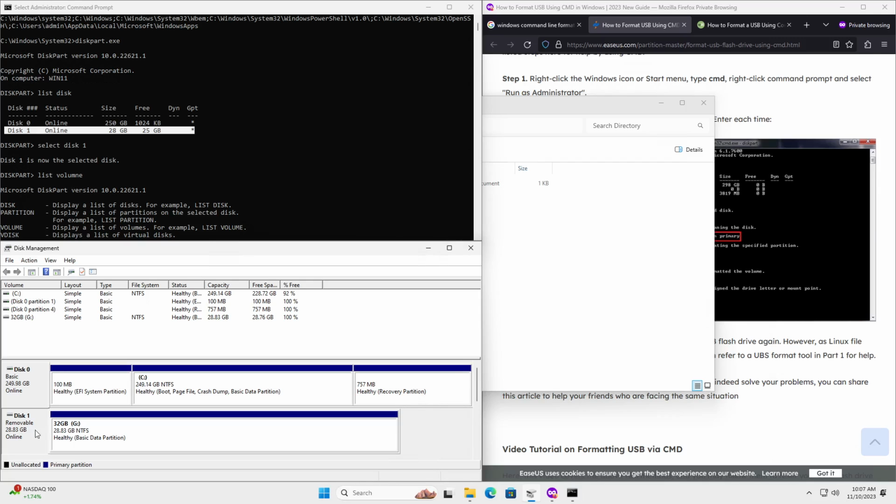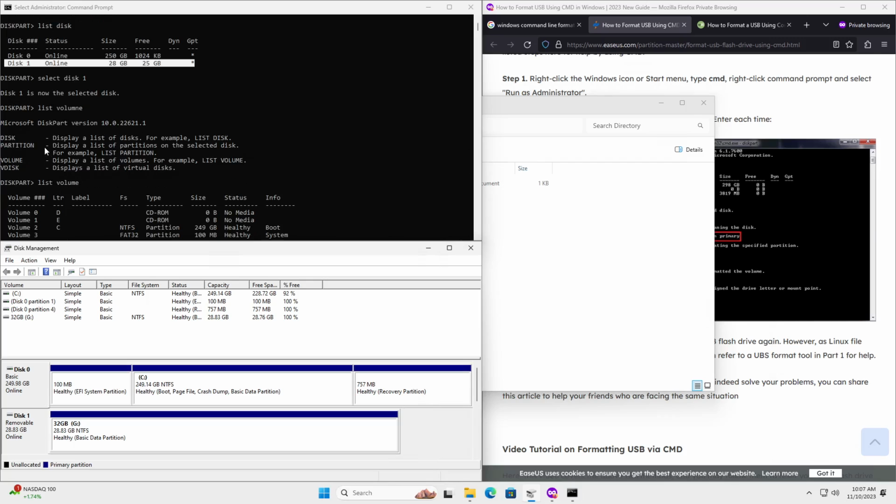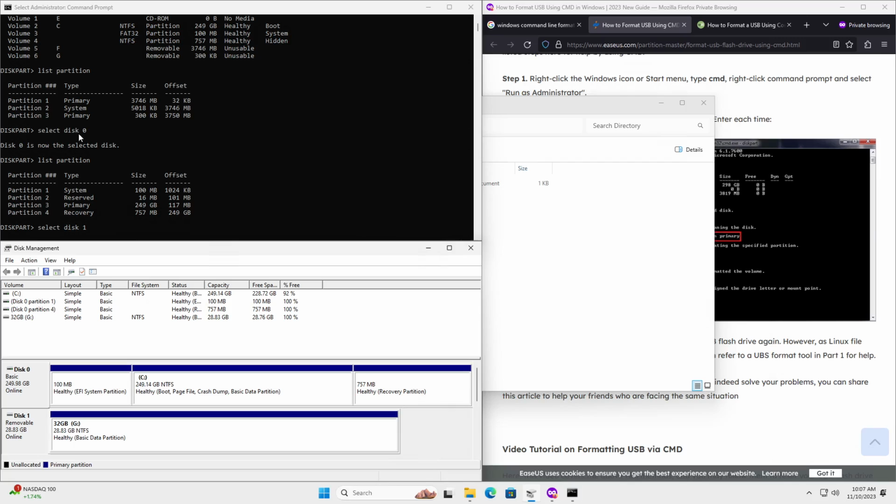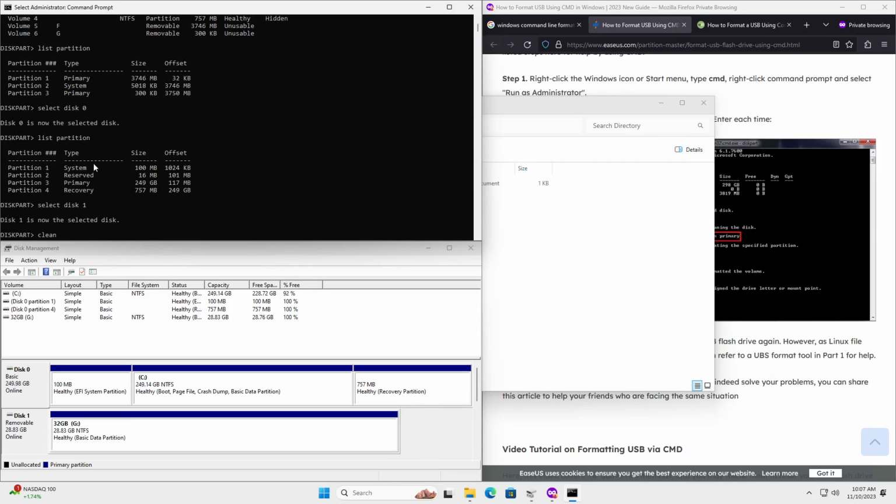I made sure it's really disk 1 by running list partition, and I saw that there's 3 partitions with sizes that are small and similar to what I see in Disk Management, whereas the other disk 0 had huge partitions, not 3 but 4, with sizes of 249 gigabytes, which totally cannot fit on a 32 gigabyte USB disk. So now I'm confident to go select disk 1 inside of diskpart,